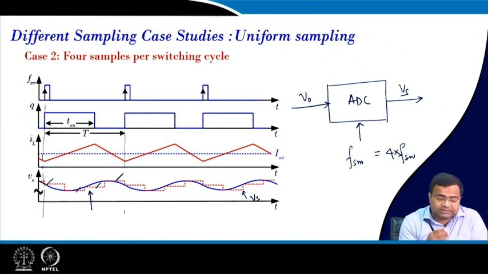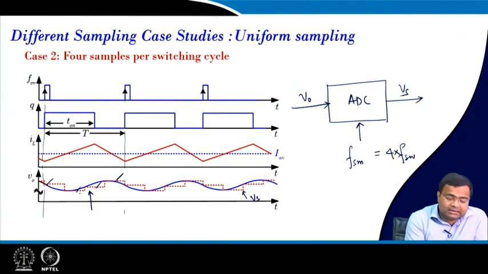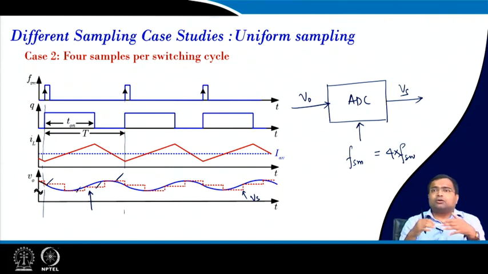But generally with multi-sample, since you are taking more samples, naturally the voltage update rate is high, so you can reduce the delay. That means, this multi-sample can be helpful to reduce loop delay,